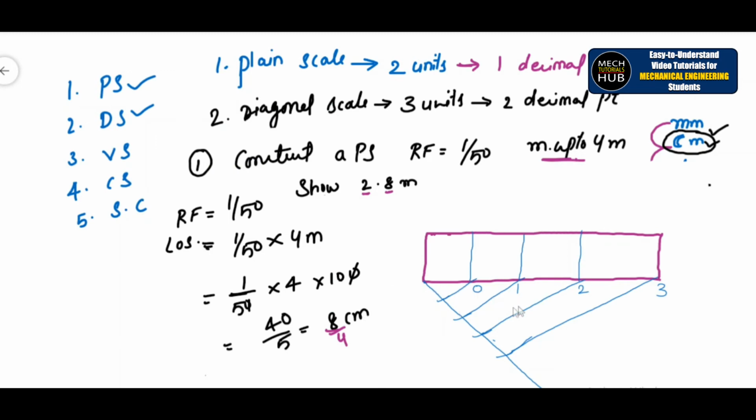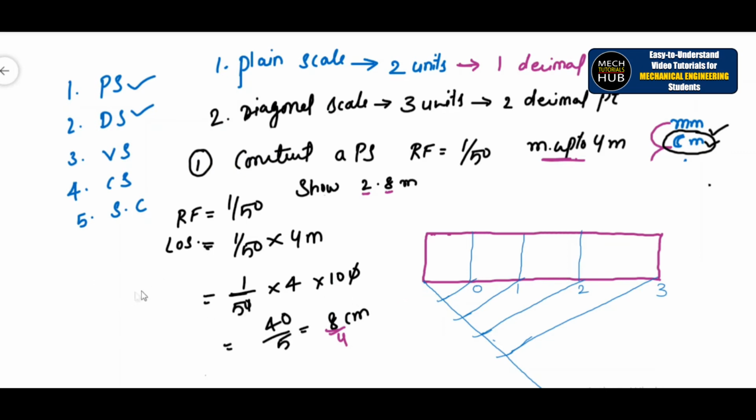So this needs to read up to 2 units, one is meters, one is decimeters, which is given in the question. So how to read those two? Now the complete scale will read meters. Now one part I'll divide into the decimeters part. Okay, how to divide this into the decimeters part?